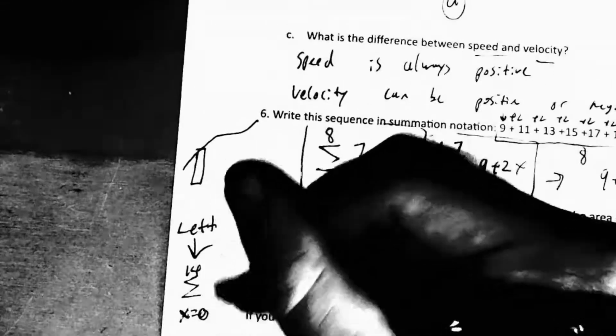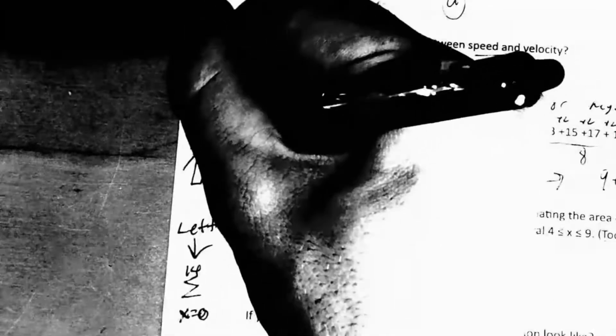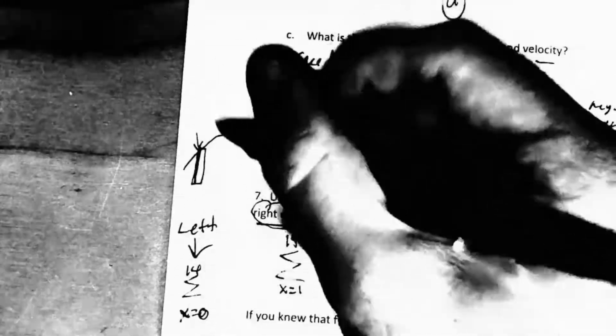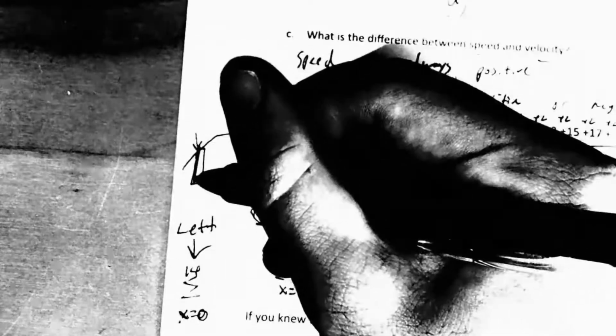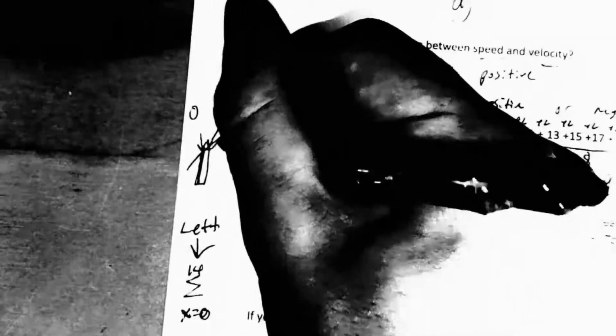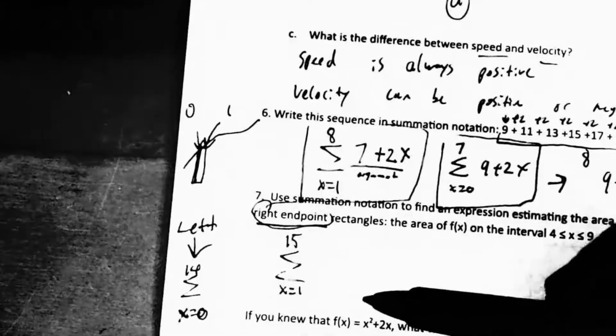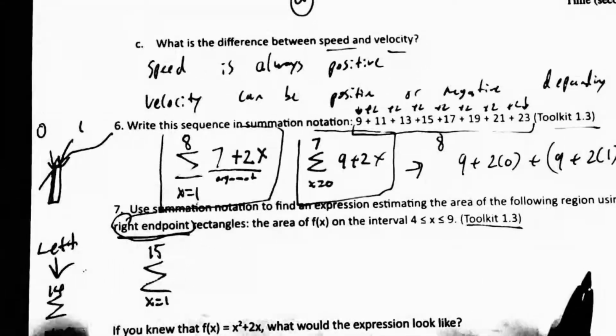Remember, basically you're trying to find the heights of each of these. If I want left, I start at 0 because I want to count that first left side. So this is basically 0. And then this would be counting the right side, the first right side. That's when you start at 1. Okay, we're going to go through